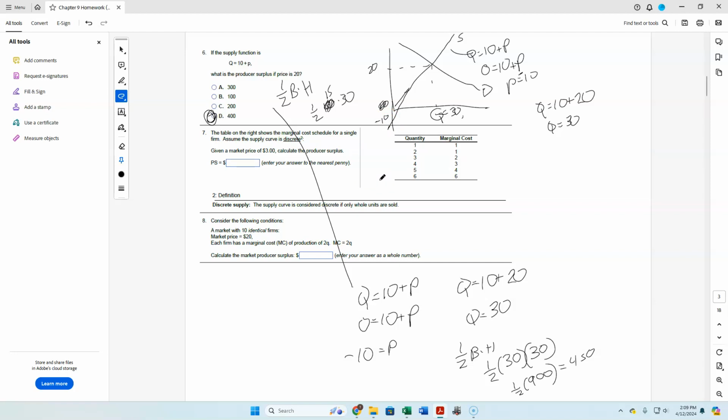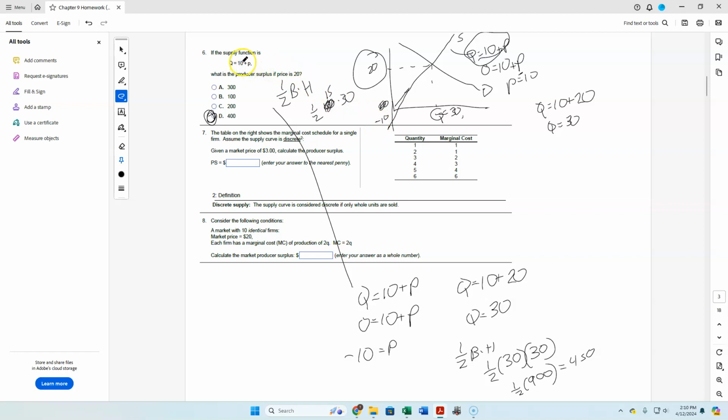As long as you're following the logic of what I did, which I'll repeat, you're going to be okay. What I did here is I was given a market price and an inverse supply function. With that inverse supply function, I backwards calculated what the y-intercept was for the supply function, which would have been inserting a 0 for the quantity. So 0 equals 10 plus P. Subtract the P, and so then I was left with negative P equals 10, or P equals negative 10. That's how I got the negative 10 here.